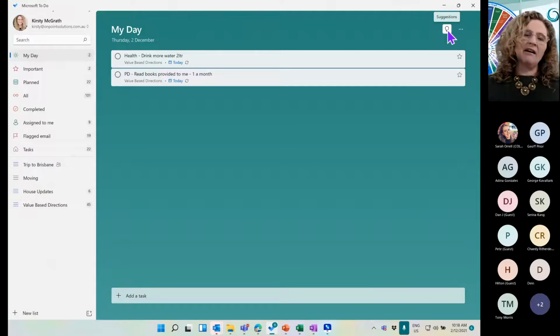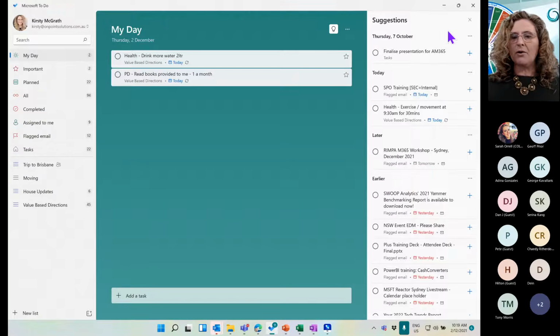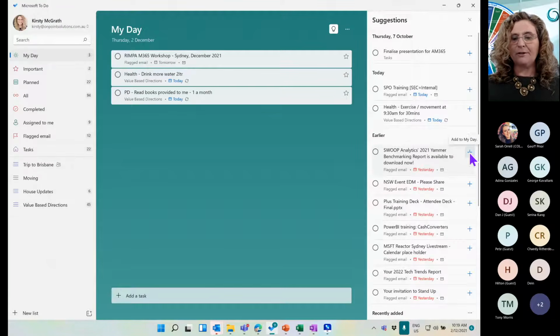This means that each day I can go, okay, based on all of the things that I've got going on across all of my different lists, what are the suggestions that I might want based on what's available for me? These are the things I need to focus on today. So I can walk through and go, okay, I need to make sure that I have actually got started. Now, I'm probably going to do this more tomorrow, but I need to think about it today. So I might add it in today. And if I can't finish it today, that's okay. I can push it over till tomorrow.